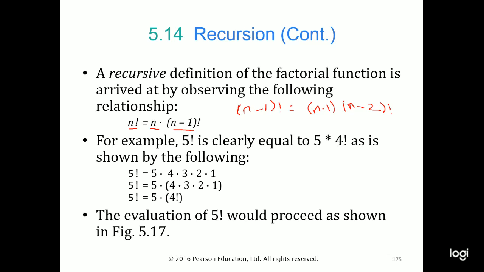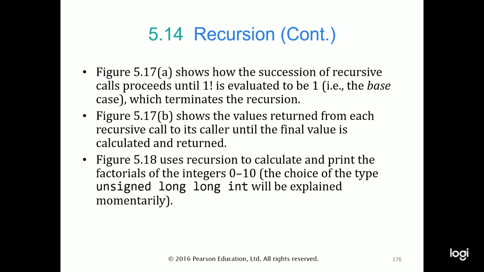So you should be able to see the recursive part here is that you're doing the same thing again and again. So you know the value of n minus 1, but you do not know the value of (n minus 2) factorial. But what you can do is break this down: (n minus 2) factorial is equal to (n minus 2) times (n minus 3) factorial. Okay, so now let's look at how we can do this using a recursive function.